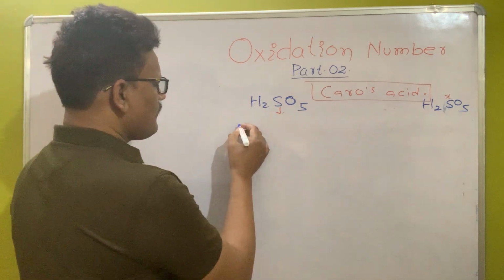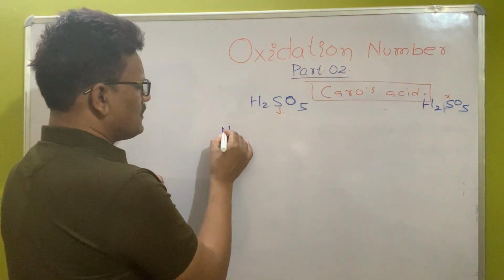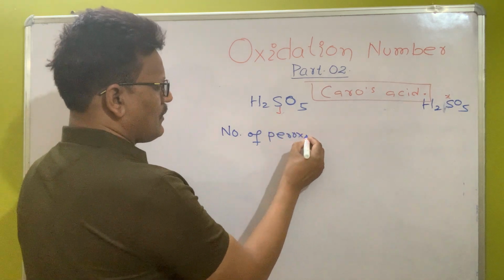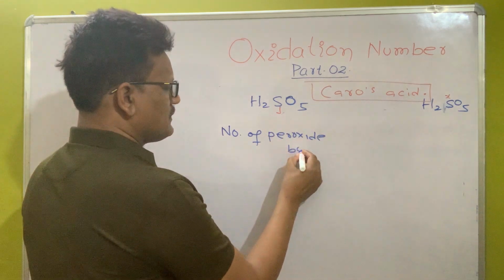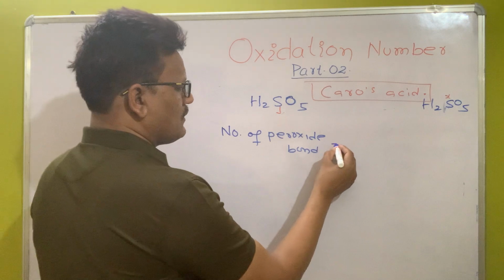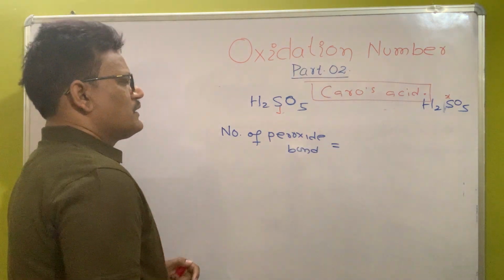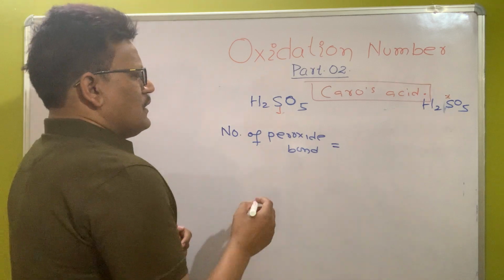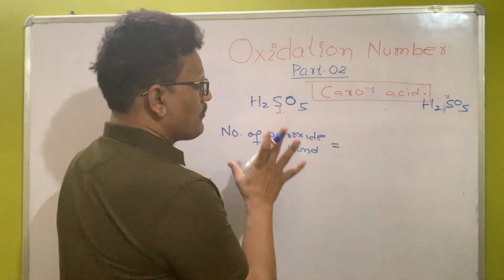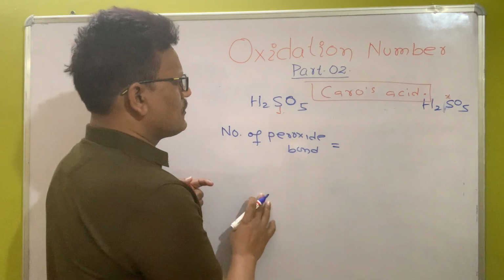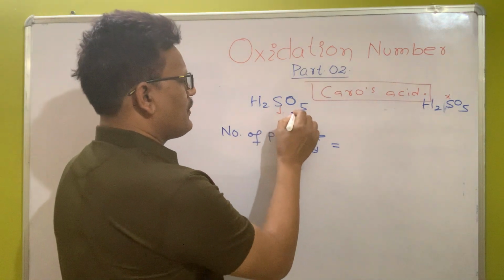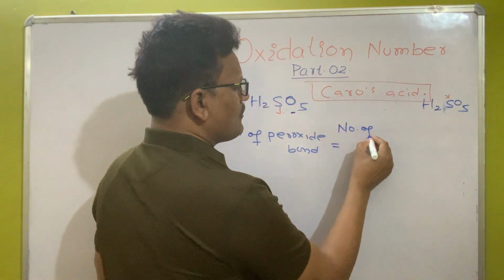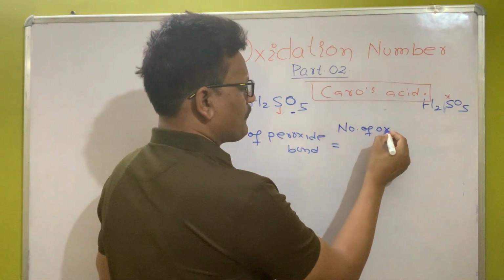So the formula is number of peroxide bond equals, first we have to know the number of oxygen atom present in a molecule. So in case we have 5, number of oxygen atom,